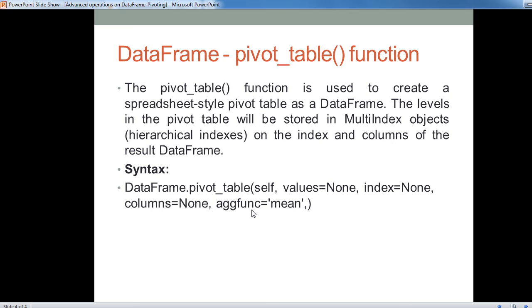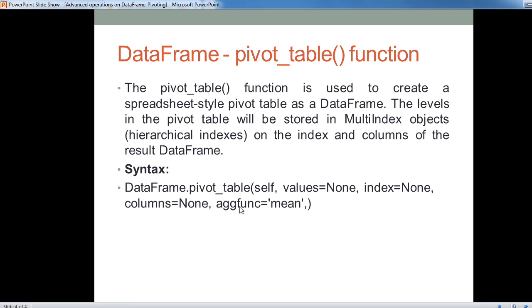Now another argument is aggfunc. The aggfunc argument contains the function as per which data is to be aggregated. If skipped, it by default will compute the mean of the multiple entries for the same row column combination.